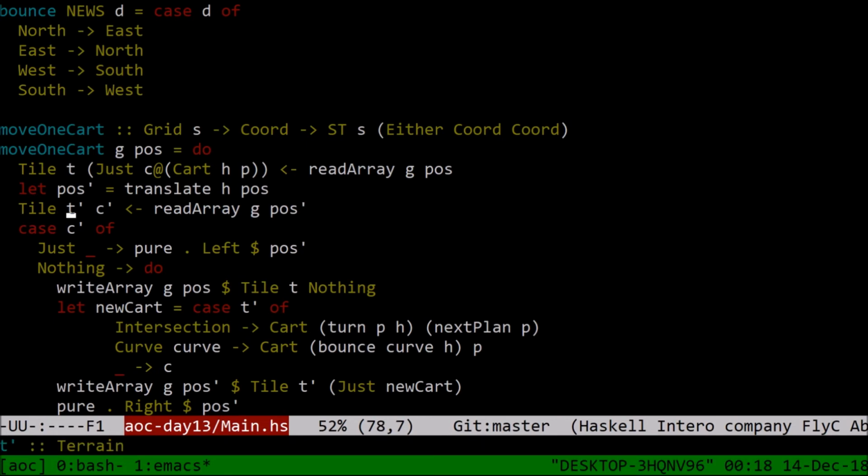Then we read the tile at our new position. And if the cart that was there exists, we simply return Left of that new position to say that we crashed there. Otherwise, there must have been no cart there, in which case we